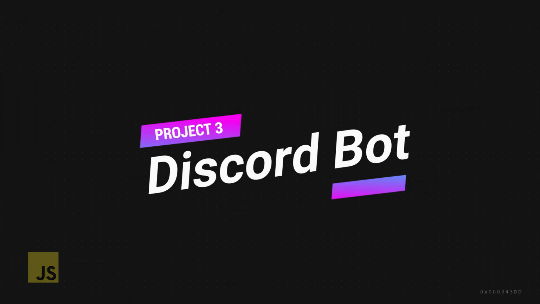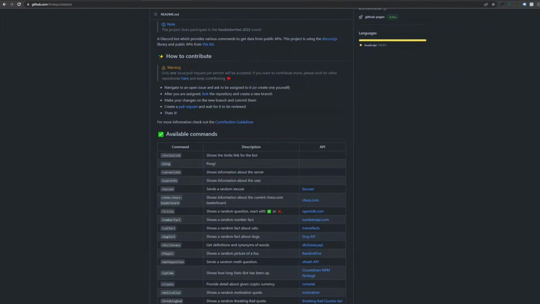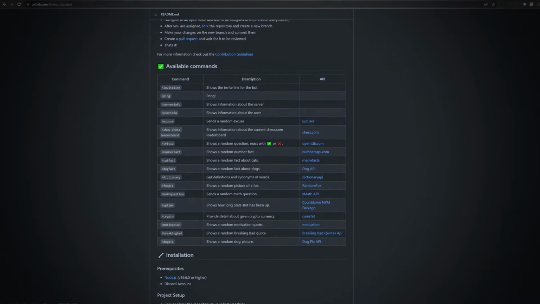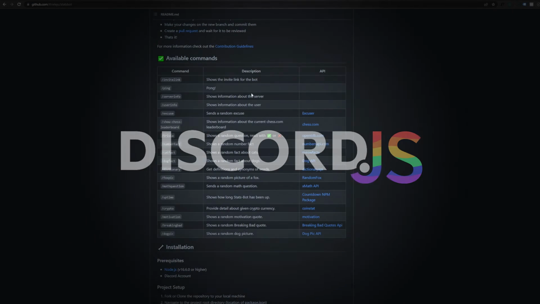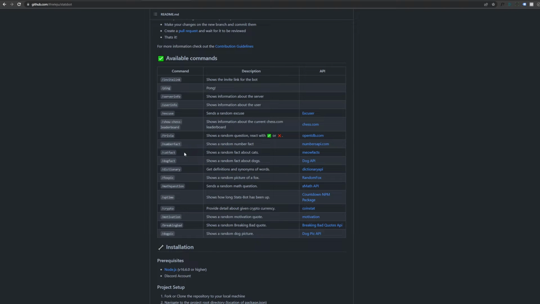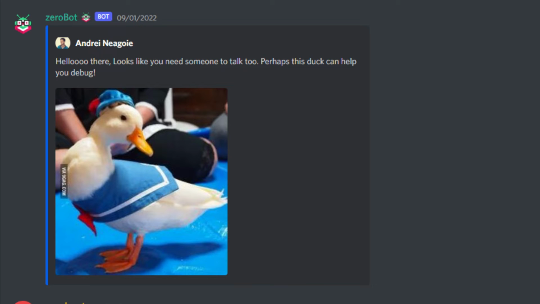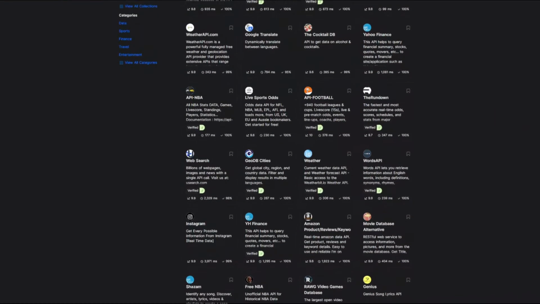Being one of the earliest projects that I can remember, Discord bots were probably one of my favourite things to develop, due to the fun, engaging and visual way of developing. This project utilises Discord.js to create a bot that will gather and present data from public APIs, and they have some interesting commands already, like showing a random cat fact, which uses the Meow Facts API, or showing a random Breaking Bad quote, which uses the Breaking Bad API, or even this random dog pic command, which reminded me of the random duck pic API that I used for an Easter egg in Zero to Mastery's Discord bot. And there are hundreds of APIs out there that you can use to implement your own command into this bot.